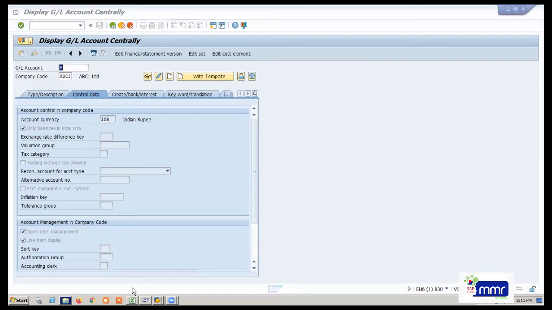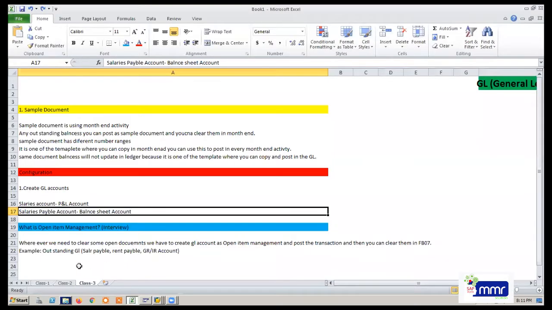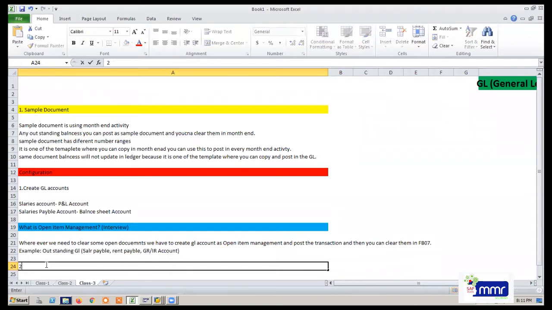Then the next step, as I told you, the second step is to maintain number ranges for the sample document.